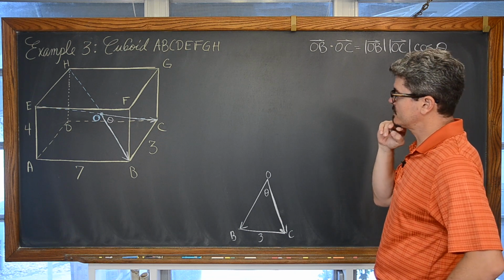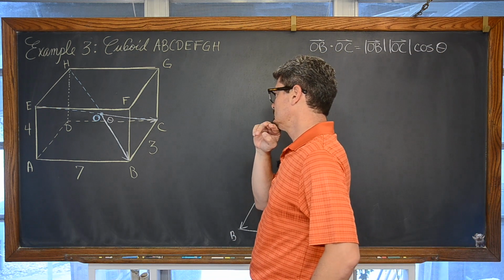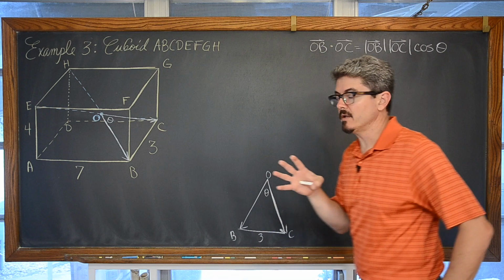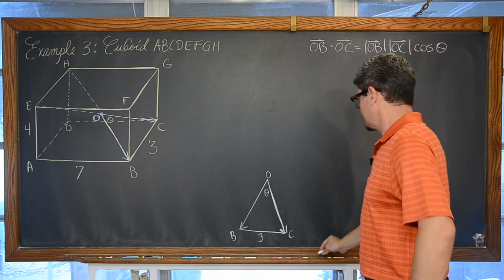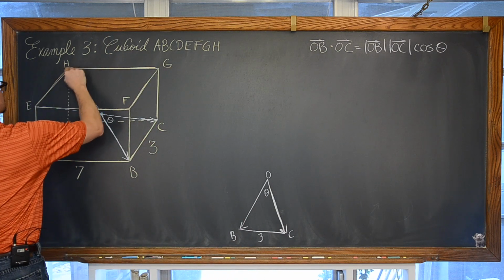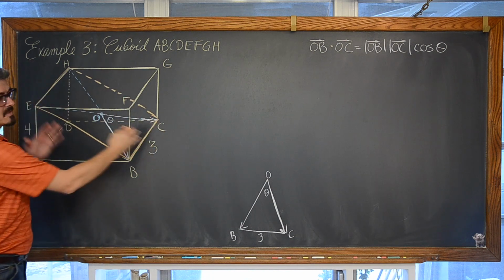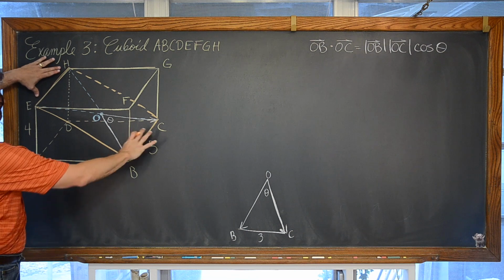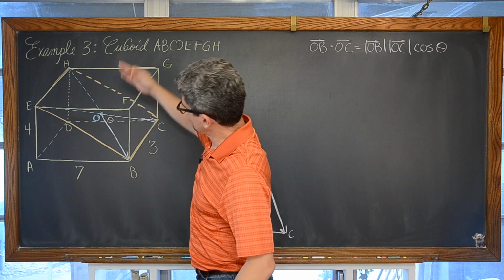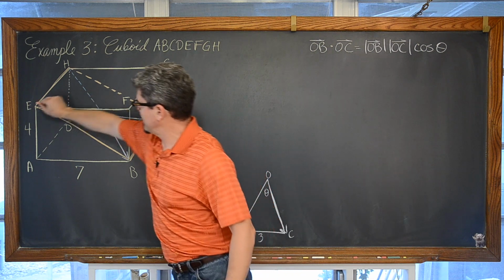We need to recognize that this is a cuboid, so there's a plane here, plane EHCB, or maybe just think of it as a rectangle. And that's a rectangle. I'm sure there's some distortion with my drawing, but that's supposed to be a rectangle because this is a cuboid. Oh my goodness, that's nowhere near straight. But at any rate, these are diagonals H, B, and E, C.